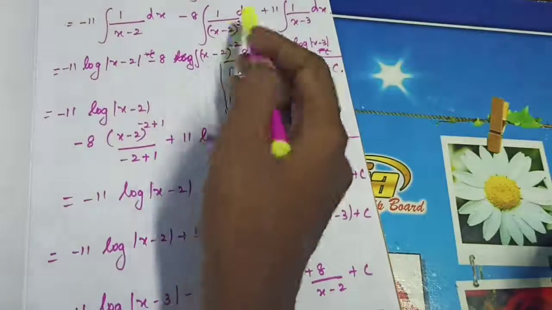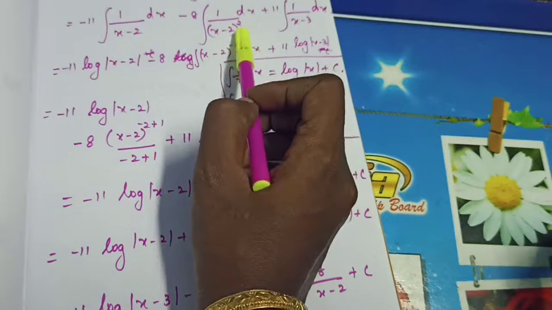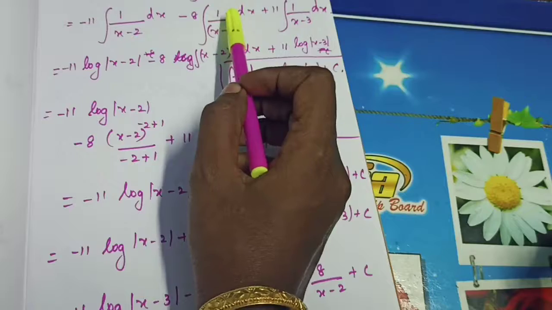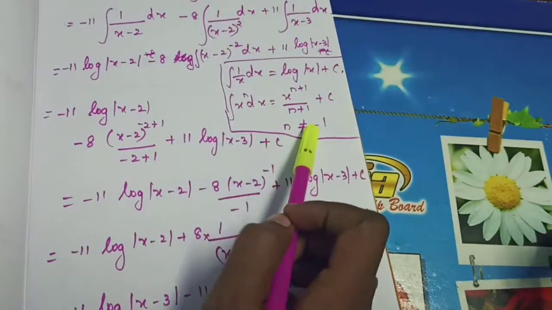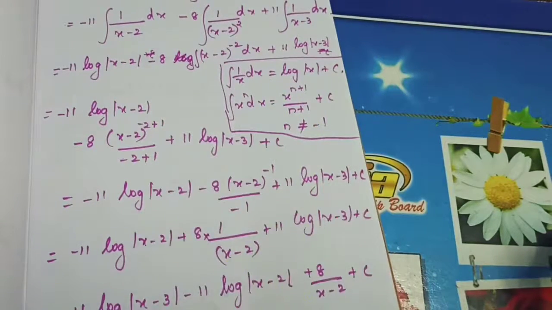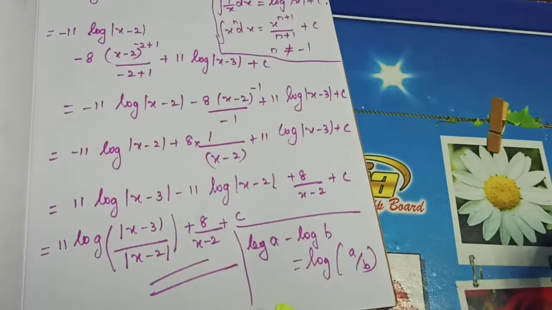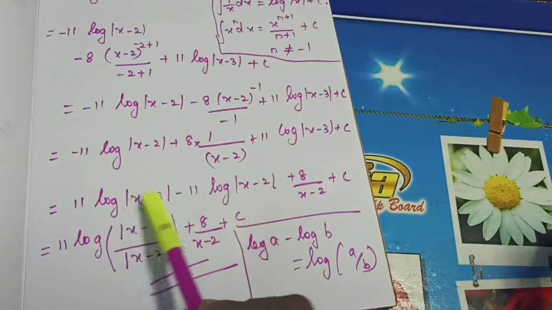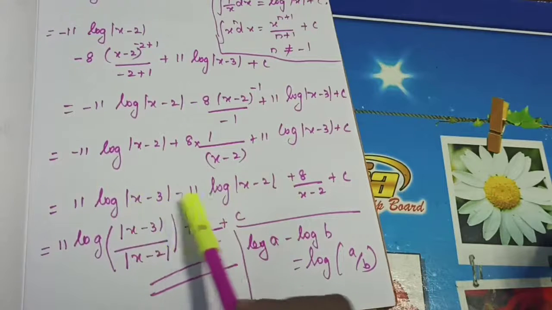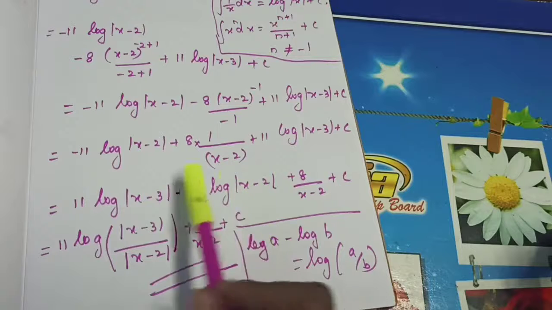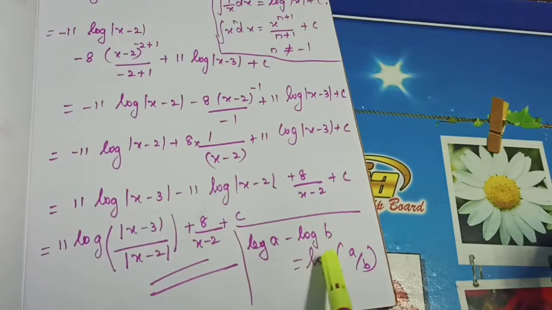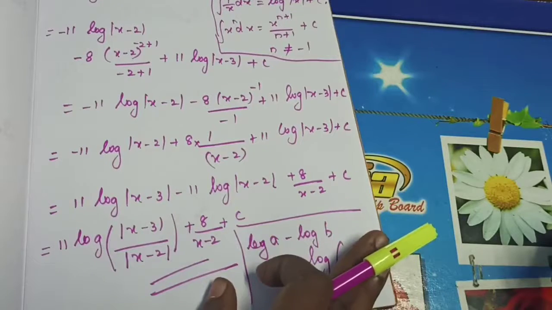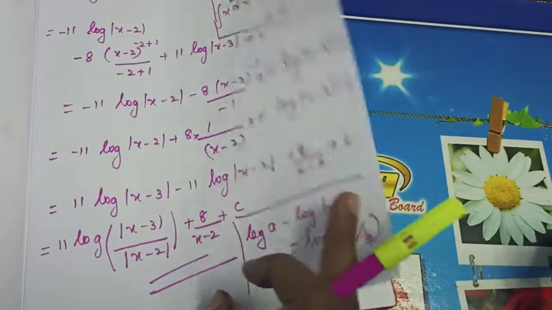Then here, this one alone you want to be very careful. This power is 2. If I bring this to the numerator, it will become minus 2. So we can't use this formula. We need to use this formula. Okay, so I used that formula. Finally, log of a by b, that is log a minus log b. This is in the form of log a minus log b. Here a value is x minus 3 and b value is x minus 2. So log a by b is equal to log a minus log b. We used this formula. This is the answer. Understand, students? I hope you got the idea. Okay, let's move to the next question.